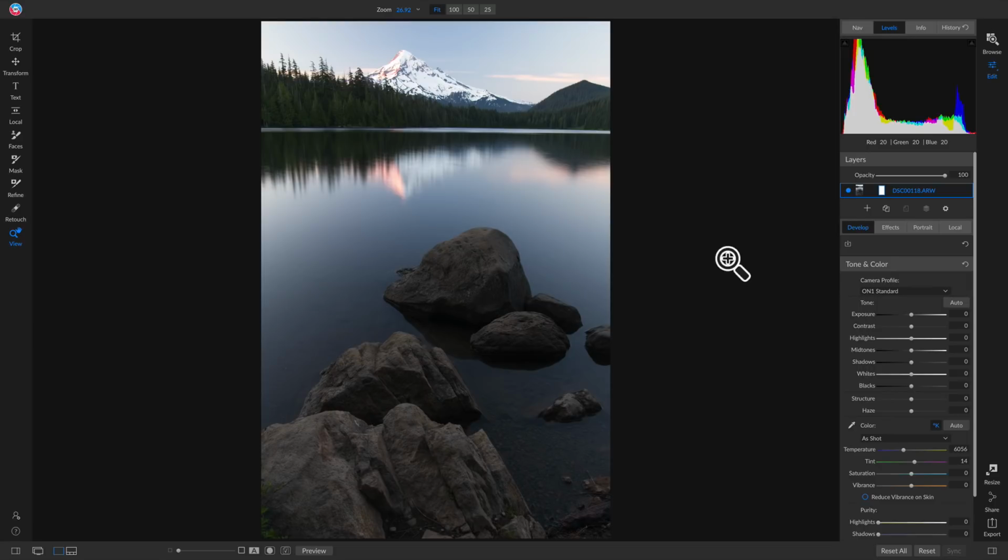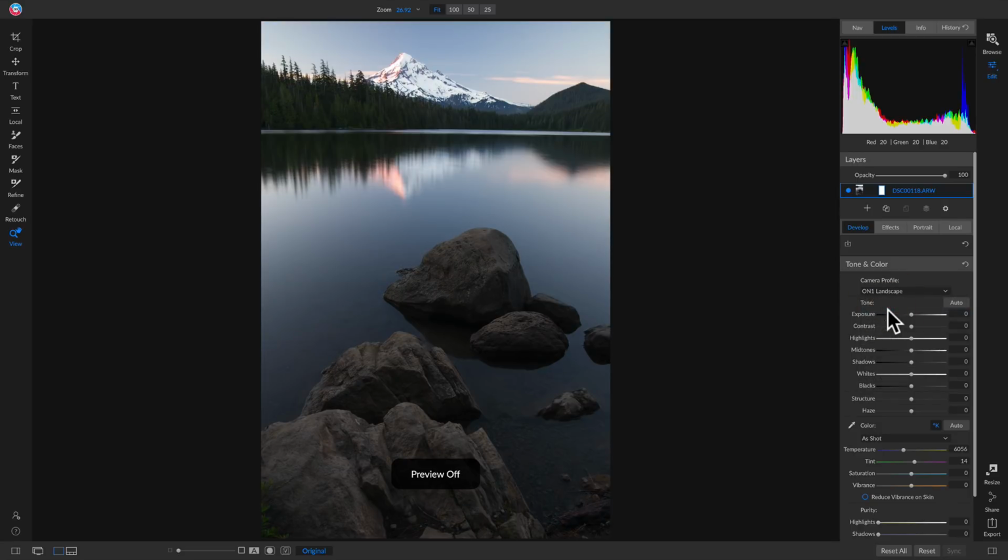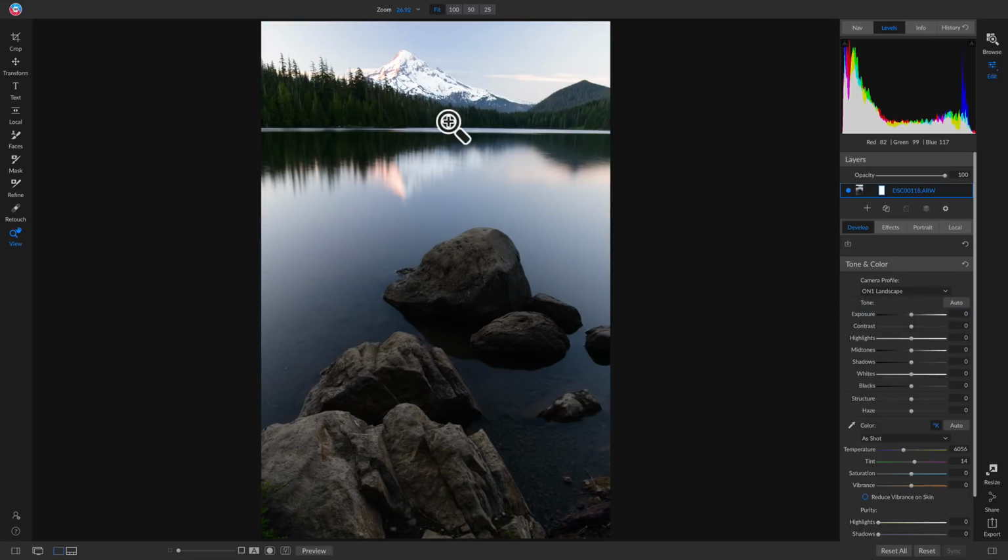The only thing I'm going to do inside my Develop tab is head into this camera profile area, and because it was a RAW photo, I'm just going to set the tonality for it by heading down to ON1 Landscape. So you'll see there, just a quick little adjustment, kind of pulled up some of these mid-tone areas here, and then added some contrast. So now let's head into Effects,